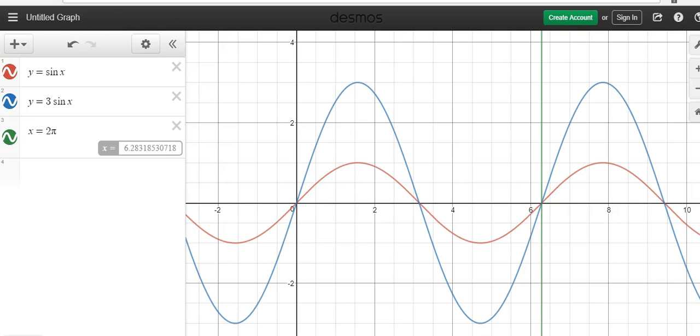Here in Desmos, I've zoomed out just a bit. We see the same two curves. With the zoom out, we can now see the range from 0 to 2 pi. Notice I've changed my vertical line to x equals 2 pi. So we're looking for the area between the two curves from 0 to 2 pi. Notice what happens at pi. What happens at pi is that the curves shift. Now from pi to 2 pi, the curve y equals sine of x is above the curve y equals 3